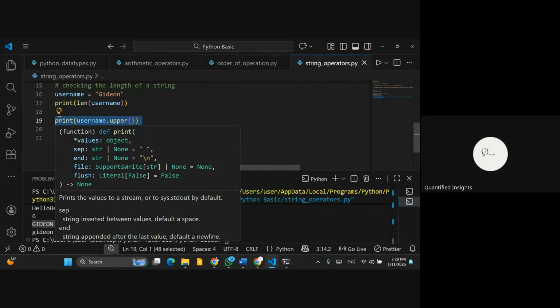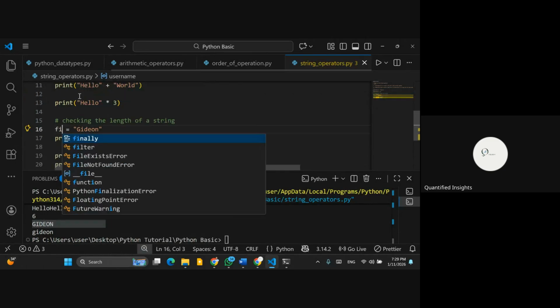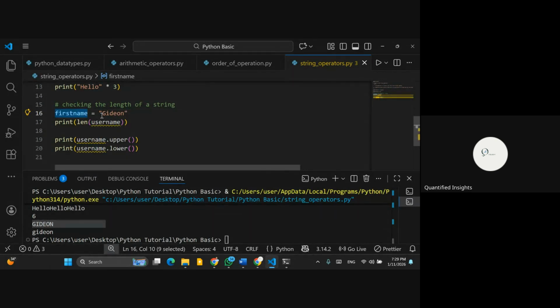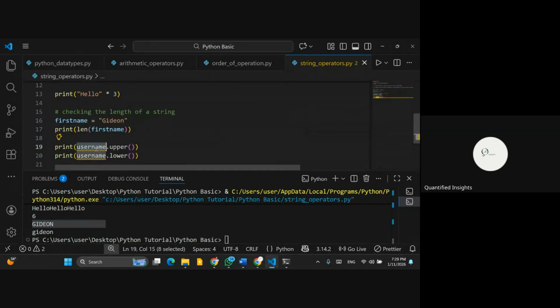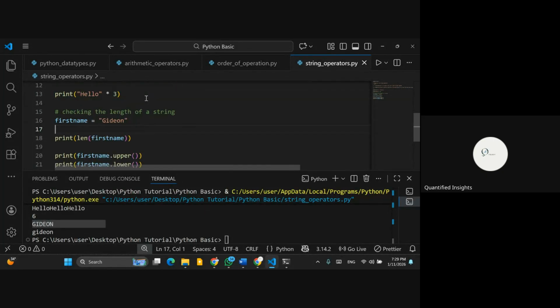All right. So now, what we have been doing is using a function on a single variable. You can actually use functions on multiple variables. So we have username. Let's change it to first name. Let's change that to first name. And let's change every other thing here so that we can also have a surname. I think Gideon's surname is Peter. All right. So we have the surname as